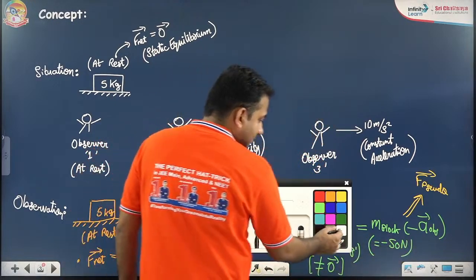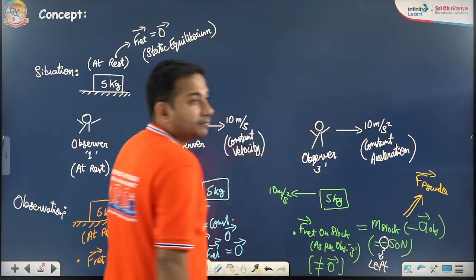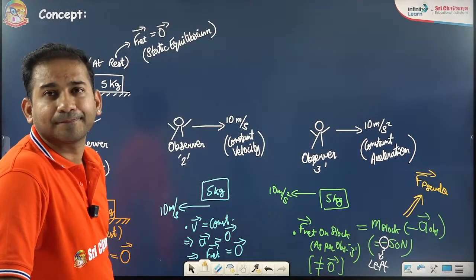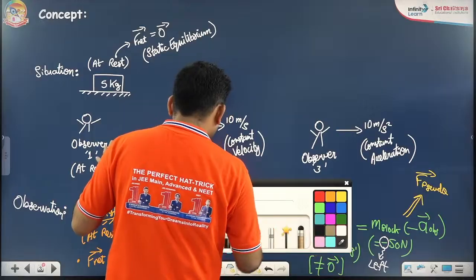Minus 50 Newton, this minus is only showing towards left. Minus is only showing towards left. I hope that's clear to you. Now, if you understand that carefully, what happened exactly here,